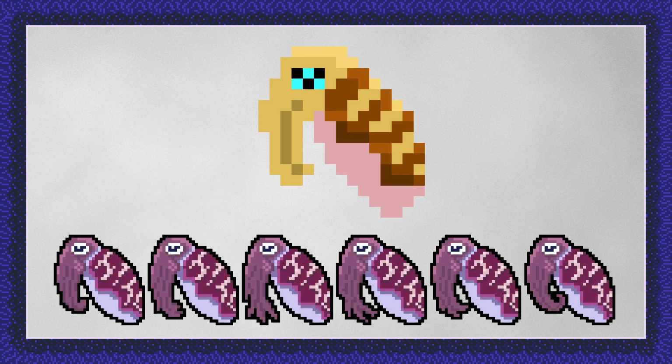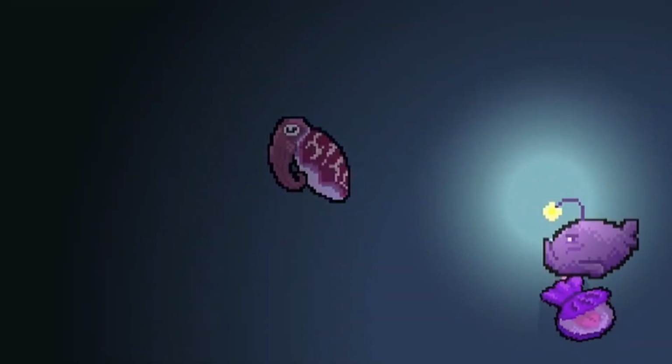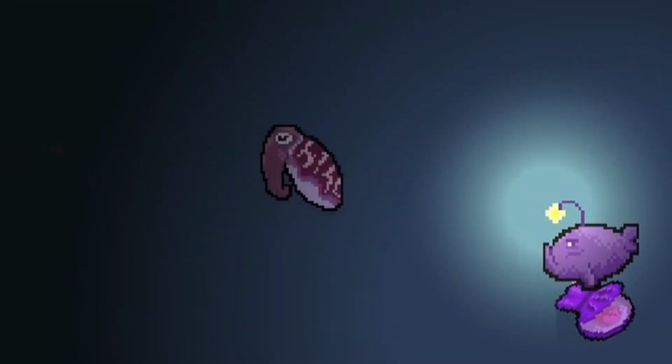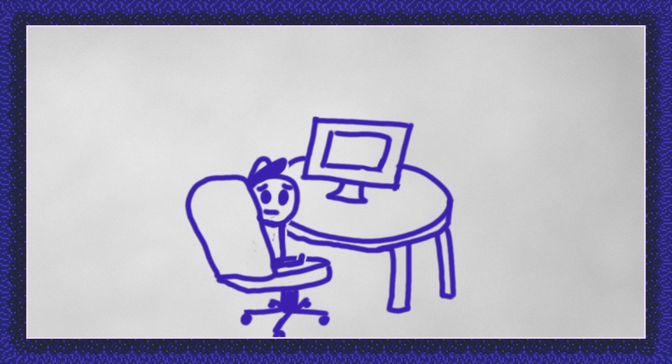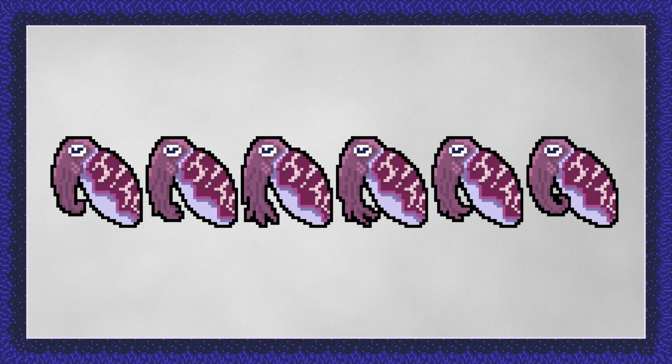I made its tentacles more tentacly. Before they were like 3 pixels wide, and now I actually have room to do that, so I made it more wiggly in the animation. And it's still kind of upright. Cuttlefish swim very supine. What? It's a real word. It means like to lay down. Go buy a dictionary, you dork. But I don't know, I like the pose. And that's the good old Cuttlefish, looking great, fitting in with everybody else.